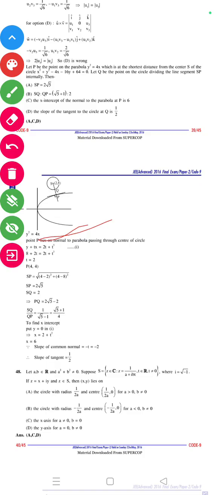To find the x intercept, put y equal to 0 in the equation: x equal to 2 plus t square, x equal to 6. Slope of normal, common normal, is equal to minus t equal to minus 2. So slope of the tangent is equal to 1 by 2. So a will be SP equal to 2 root 5, b will be SQ is equal to 2,